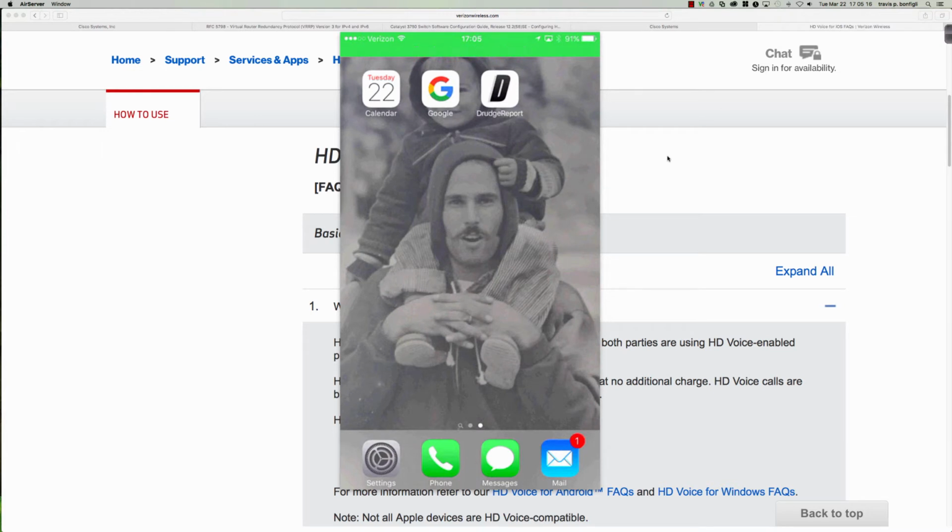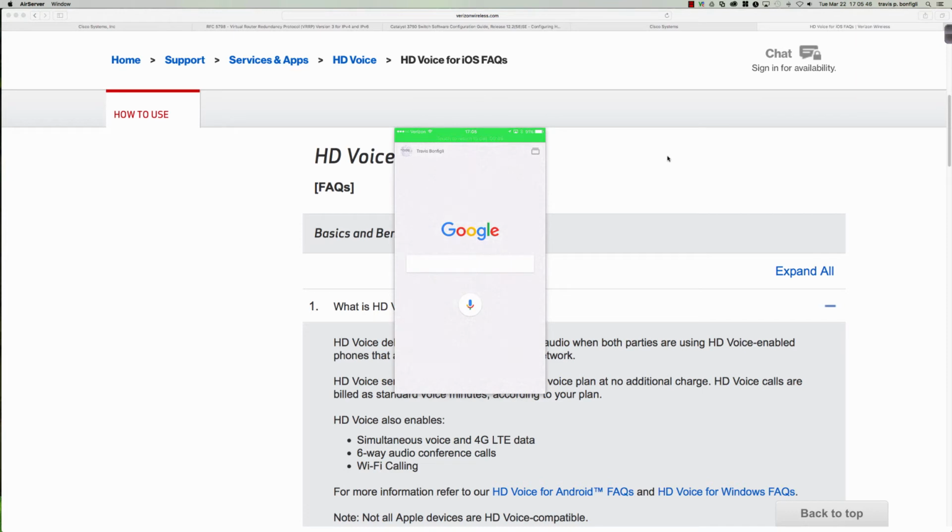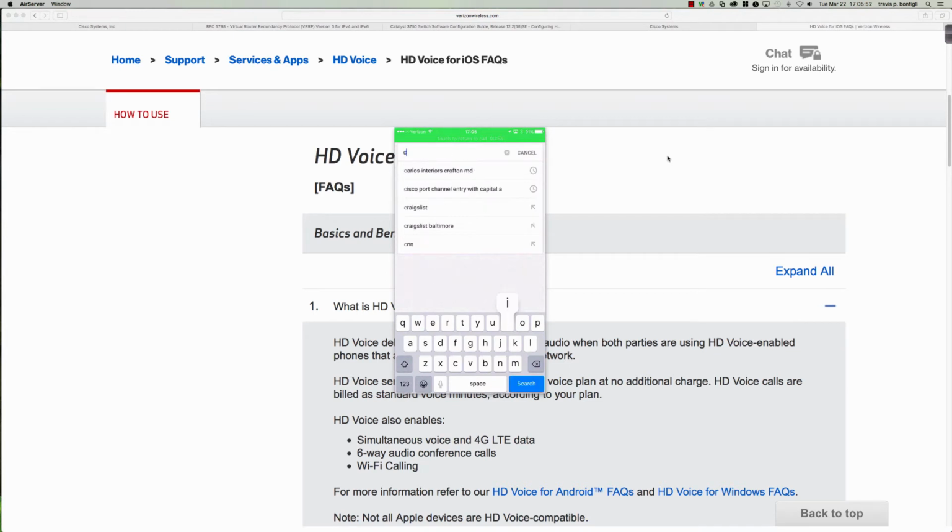So typically, when you're a Verizon user, you're not able to use data while on your phone. Well, let's check it out. Let's go to Google. All right. So as you can see, I've got Google pulled up here, and so let's go ahead and do a search. Let's do a search on Cisco, C-I-S-C-O, and see what we can find